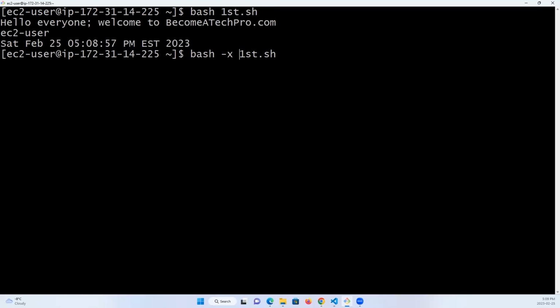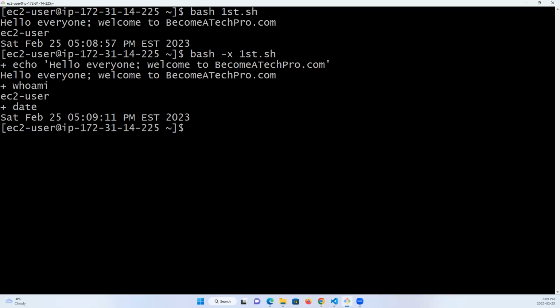That way, it's showing us which command is giving what output. This command, this is what it's doing. This whoami, this is what it's doing. So running in debug mode will also help us to understand